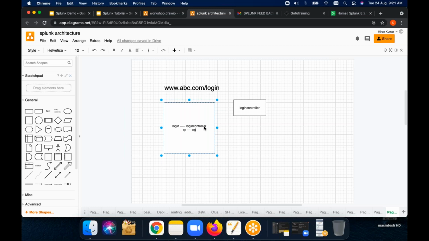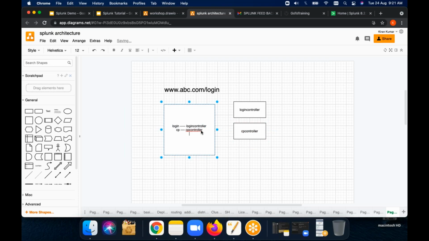So it will be routed to the CP controller. Somebody is in the forgot password page, for example. So this forgot password page will be routed to some FP controller.